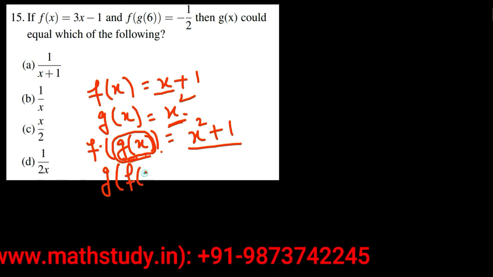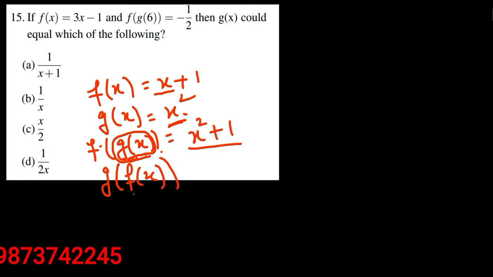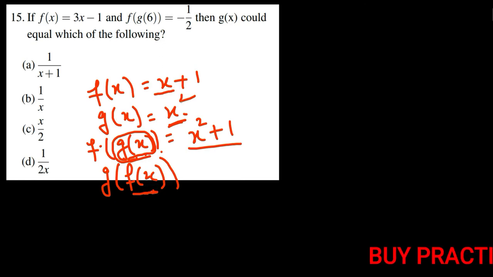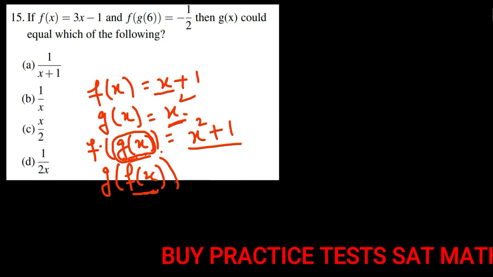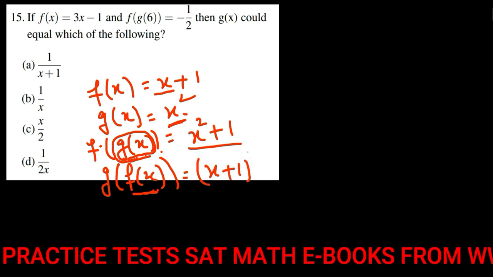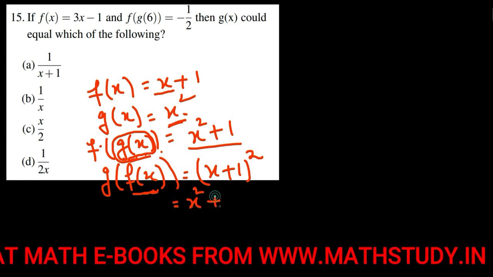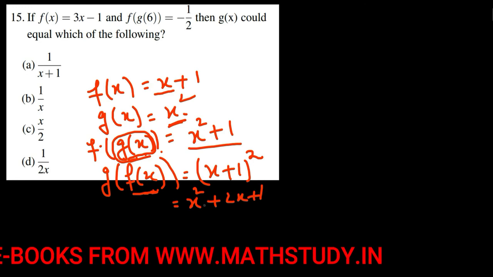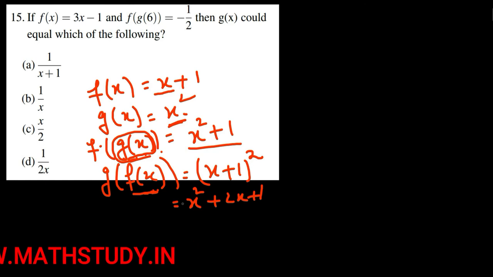Now let us assume we have to find g of f of x here. Then what will happen? Again we will just pick the value of f of x inside the bracket. f of x is nothing but x plus 1, so we have to input the value of f of x in g of x, where x square is there. So we will get x plus 1 whole square. That is the basic concept of composition of function. Here we have to expand this and we will get x square plus 2x plus 1. So this is basically g of f of x. On the basis of this we are going to try to solve this problem.